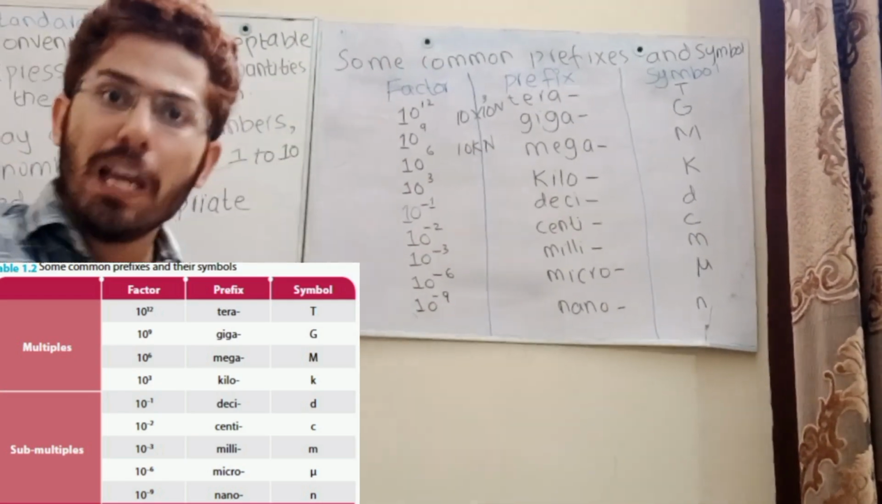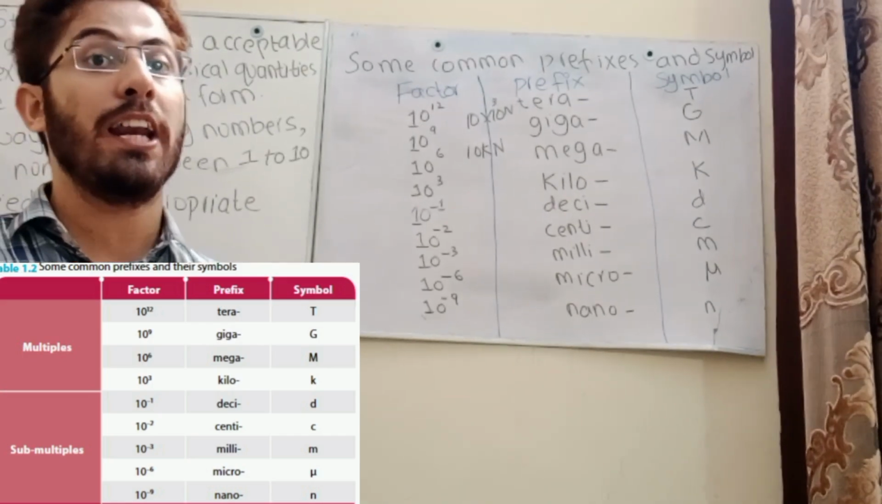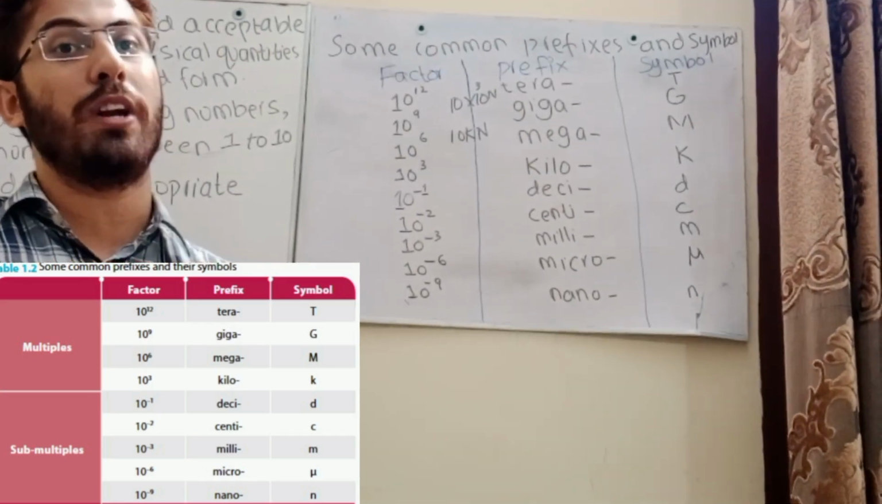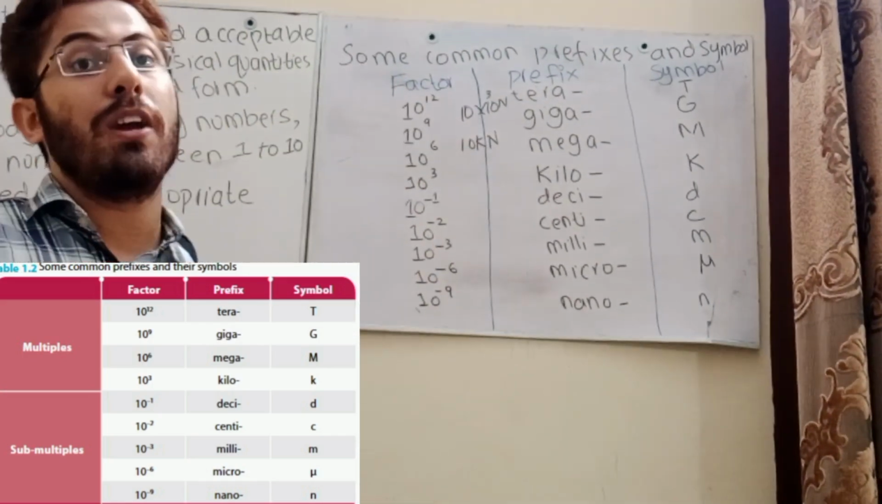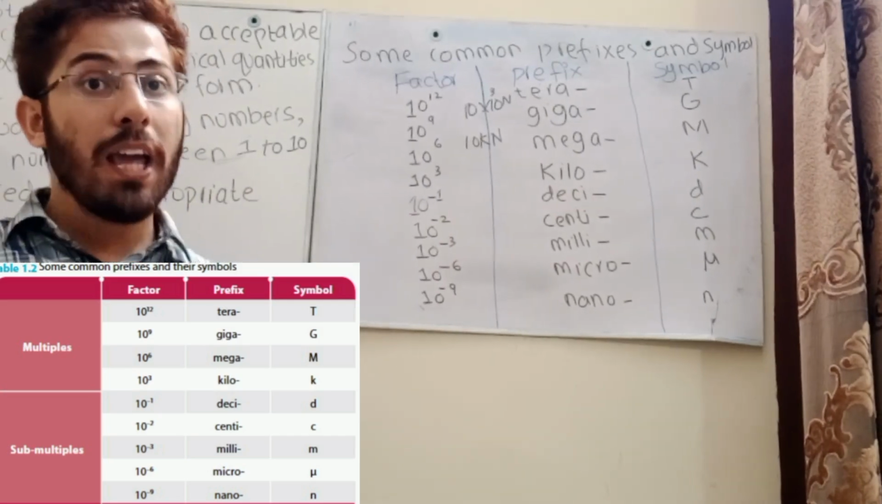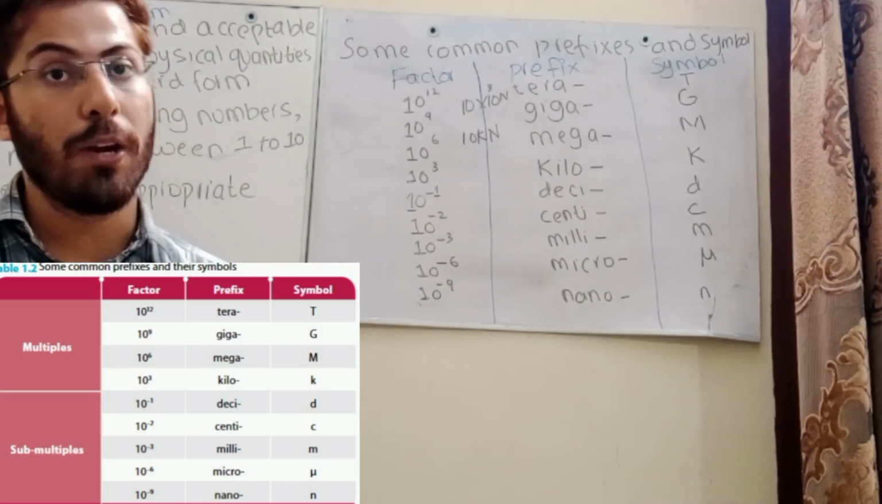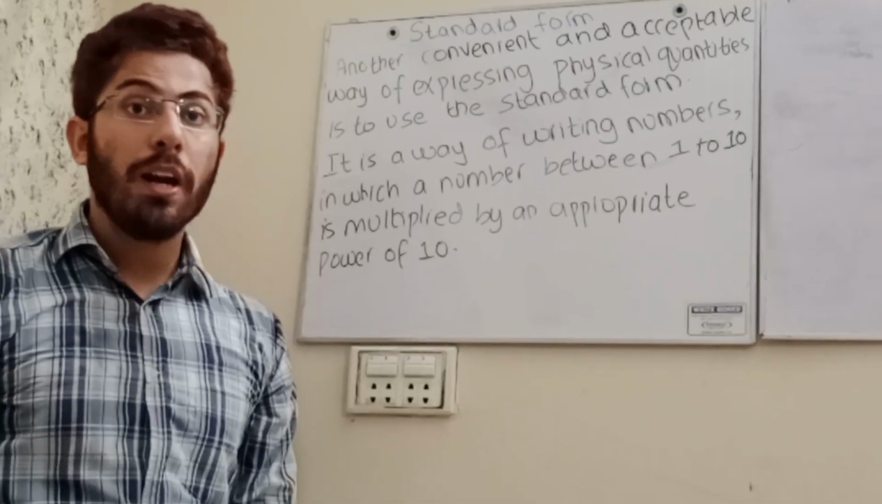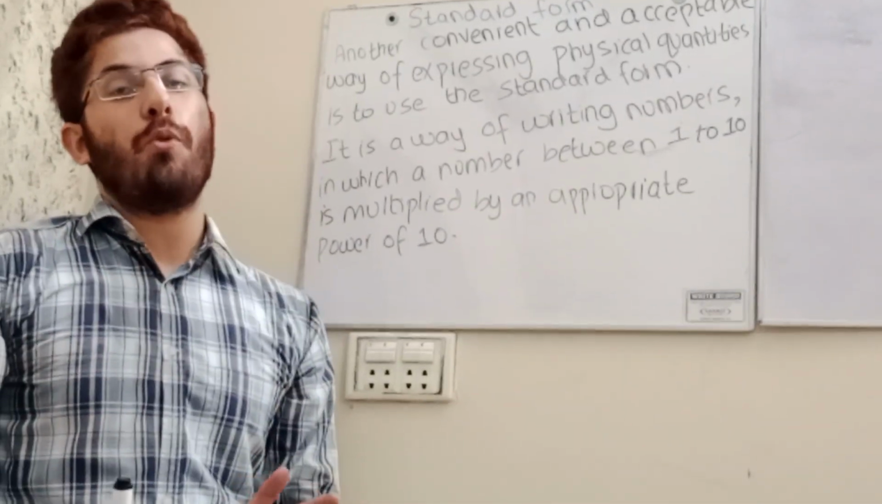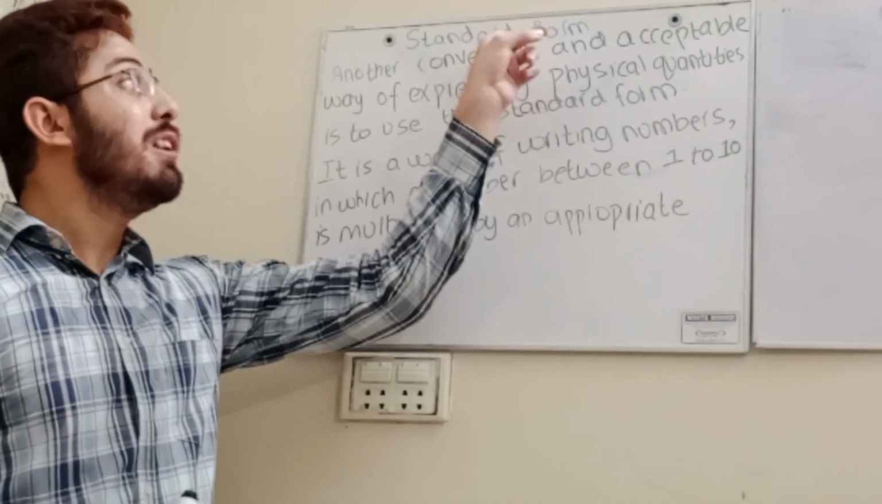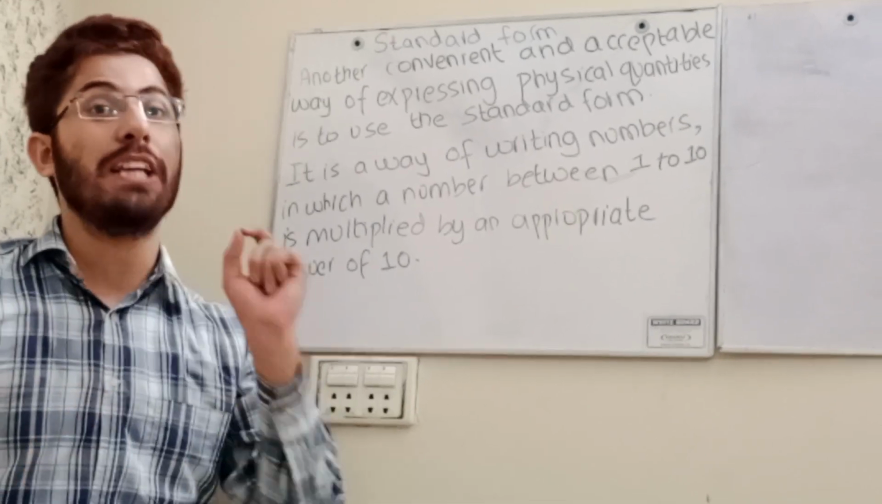So if you revise this lecture again and again, and write it in your copy, students, you will learn it by heart. Starting from giga and tera, you have to go through to nano. Now, a more important point in the exam: